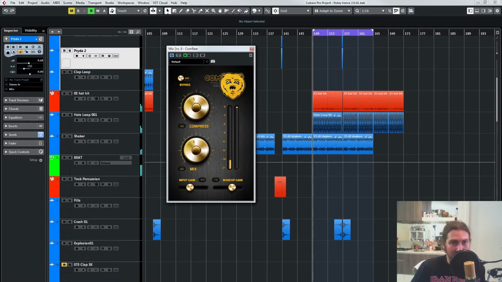So this gauge here is basically gain reduction, and that includes the mix. As you have the mix up, it shows more, and as you have the mix down, it shows less. Now, the first problem I see with this plugin, and I don't want to complain too much about free plugins, but the makeup gain is post the mix control. What this means is the more you compress, the quieter it gets, and the more the mix favors the dry. If you turn the makeup gain up, obviously it turns all the volume up, but the dry. So you have to adjust the mix, makeup gain, and threshold, otherwise known as the compress control, at the same